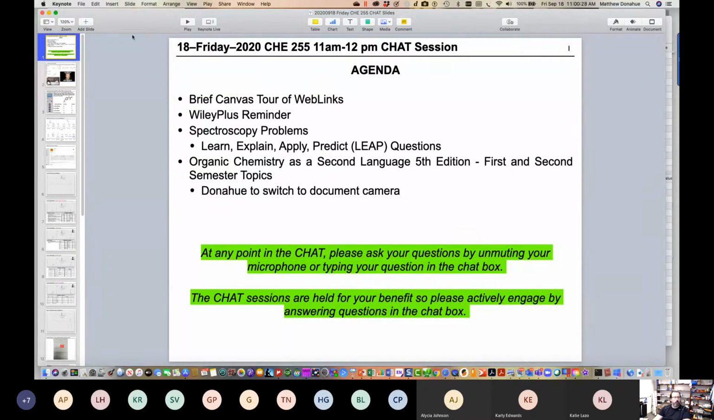So what we'll do first, we are basically going to continue on with spectroscopy. So we'll get a little bit more in depth with NMR today, specifically proton NMR. We'll do a little bit of carbon NMR. And then once we go through that, we'll go through that PDF that I uploaded into Canvas, where